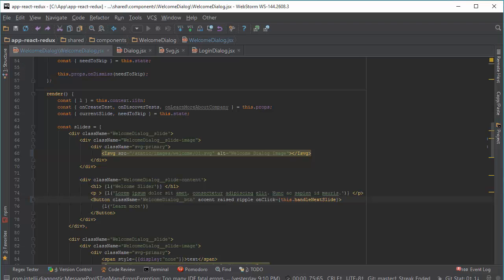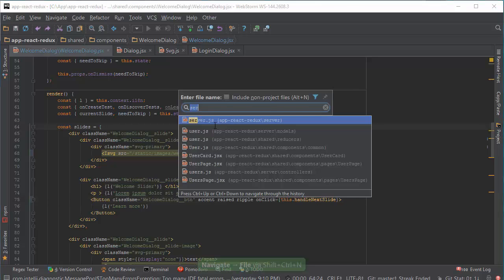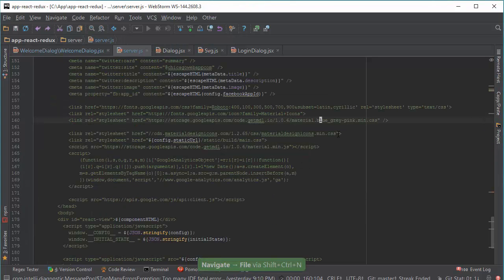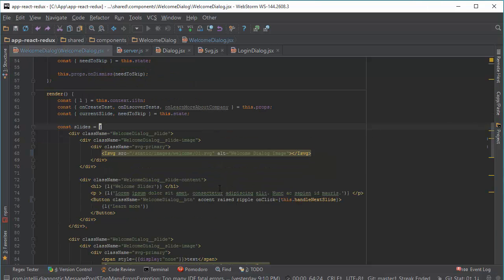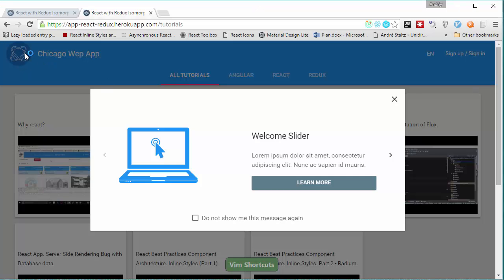And if we open our server file, where we add Material Design Lite styles, we can find here the blue, gray, pink color scheme, and this scheme for the button doesn't work just because we defined, let's find it here, the accent property. If I remove it, what will we get?